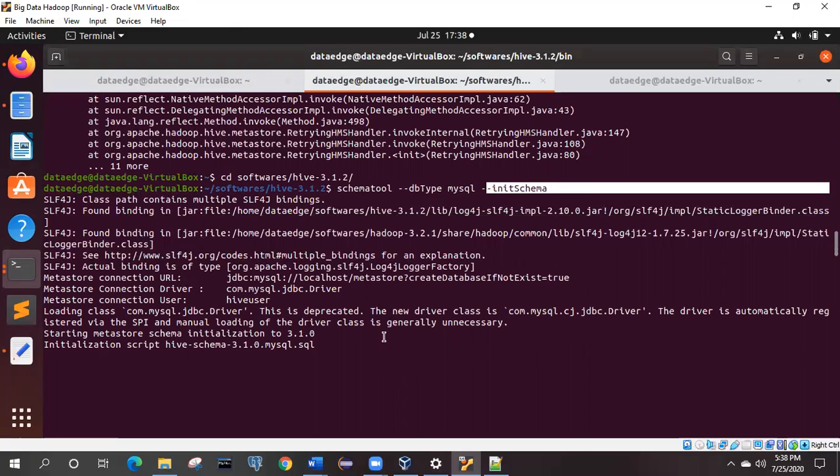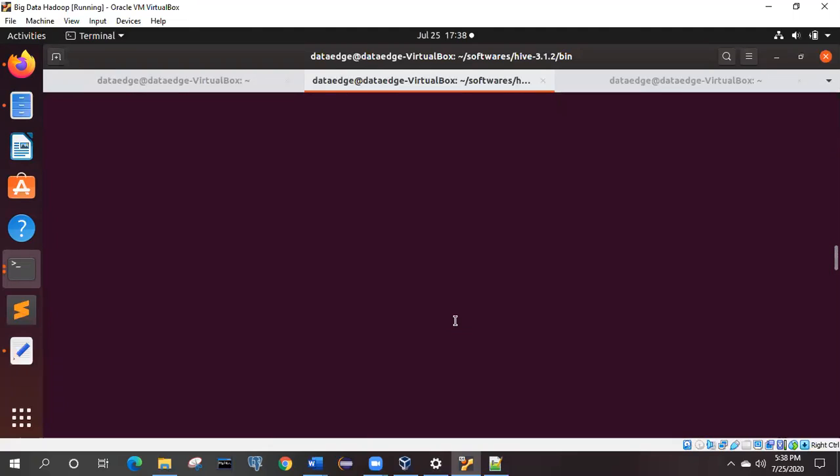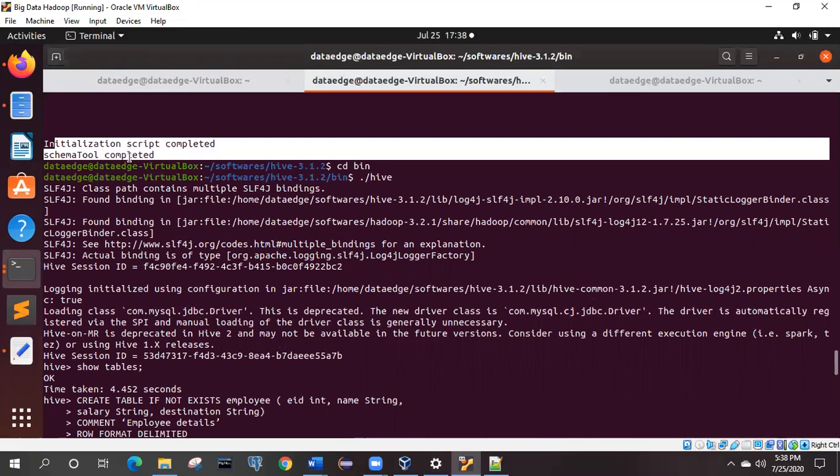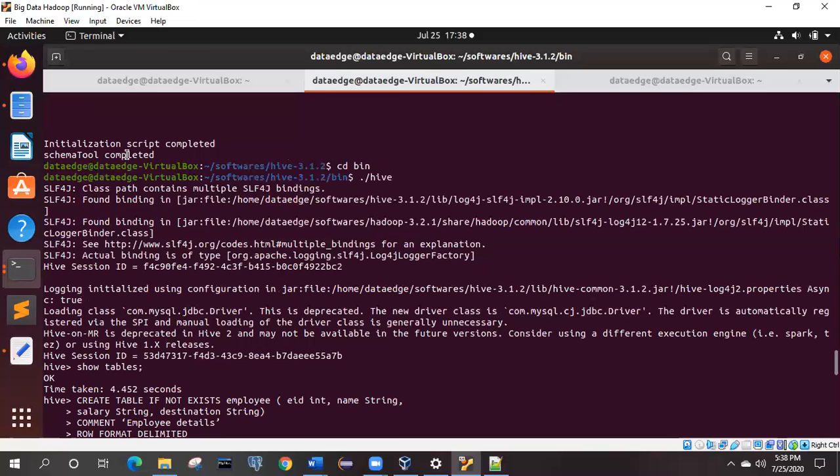It will take a couple of minutes. As you can see, a lot of processing happens, then nothing happens for some time, and after waiting it gives you the message: schemaTool completed. It means your Hive is now ready to communicate with the MySQL database as a metastore.